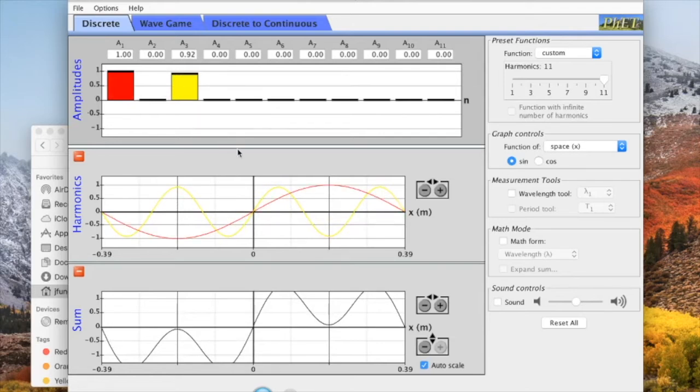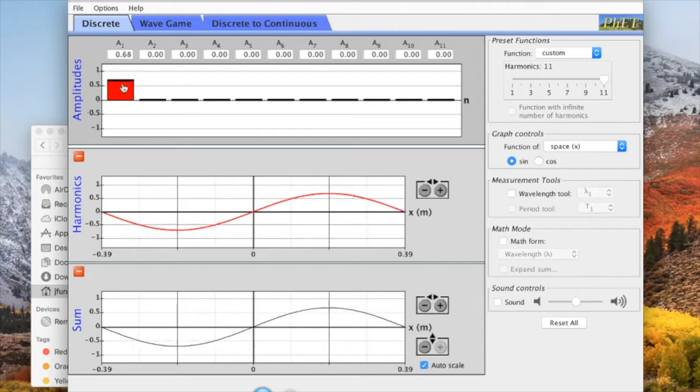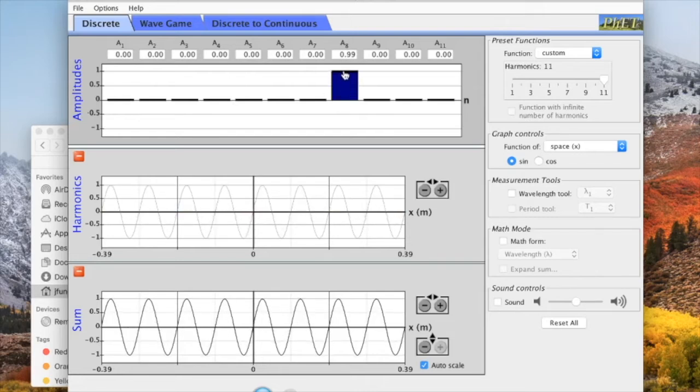Okay, so the physical things to take away from this. I'd first like you to recall what you probably learned in Physics 217 about beats. You might remember that if I combine two sines or cosines with slightly different wavelengths, so let me mix in A8 and A10,